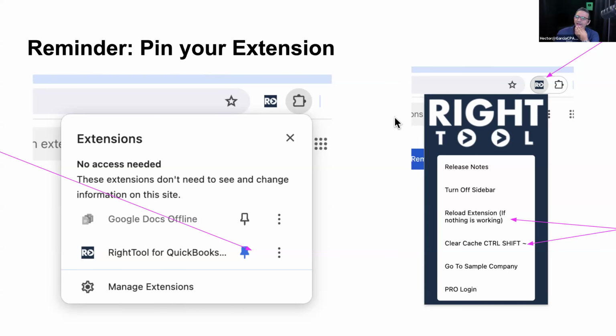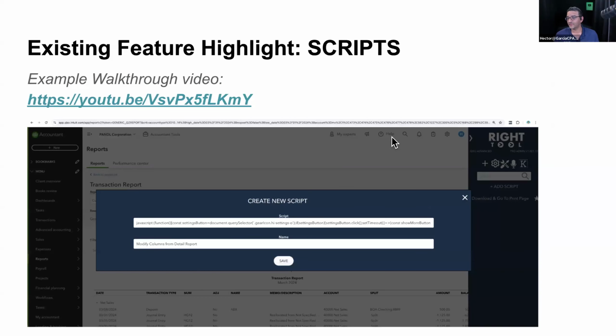Quick question: do you have to have the RightTool keyboard shortcut enabled for that to work, or is that above that setting? That's a good question. I think we'll go back and showcase that, to just make sure everybody knows what that means. The keyboard shortcuts toggle. Generally, for most of the additional keyboard shortcuts that we do, you have to have that feature enabled, but there might be a slim chance where